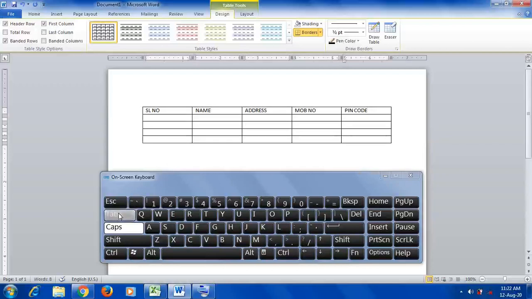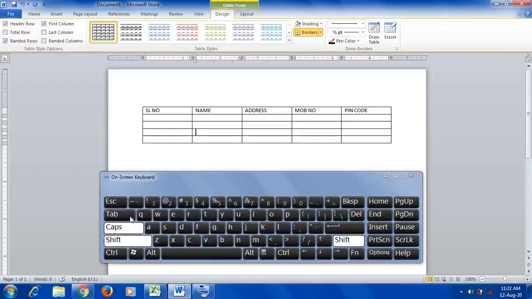See now, this is a way to move the cursor from one cell to another cell. Now if you want to take it back, see what buttons are highlighting on the keyboard. Here, see Shift. When I hold the Shift button, Shift is highlighted.